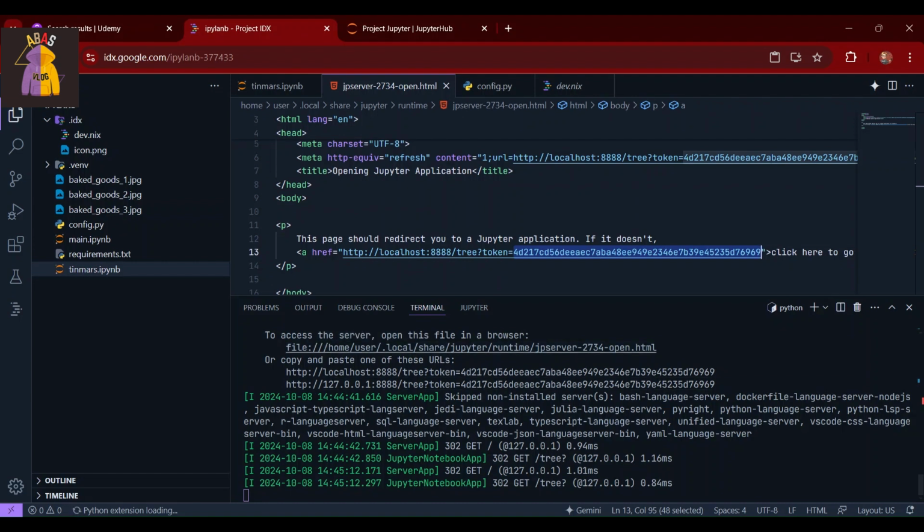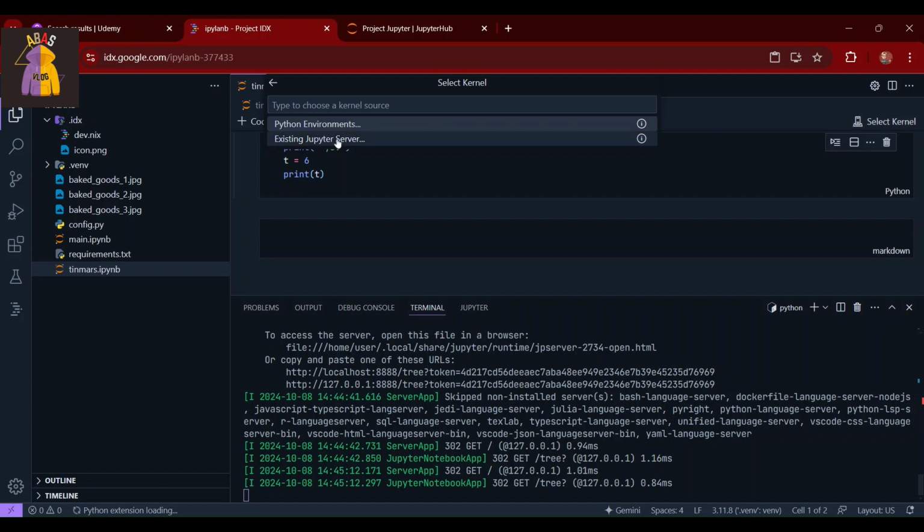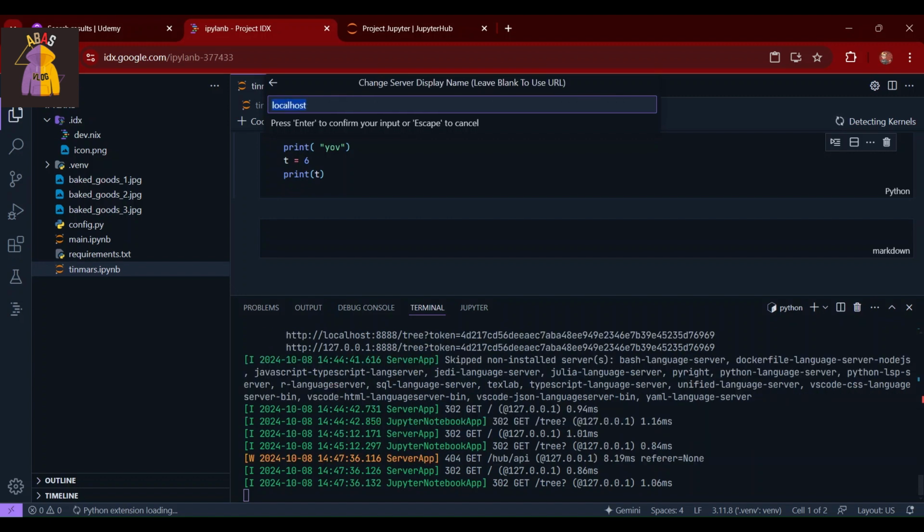You can also find the file location where it is stored as runtime. So the location and localhost link should be fully copied. Then you need to select Kernel, choose Existing Jupyter Server, erase the previous token and enter the new token. It will take some time to detect and process, so be careful. This is why I said this is the toughest one for most people, as beginners and developers. So we need to wait until it gets accepted.